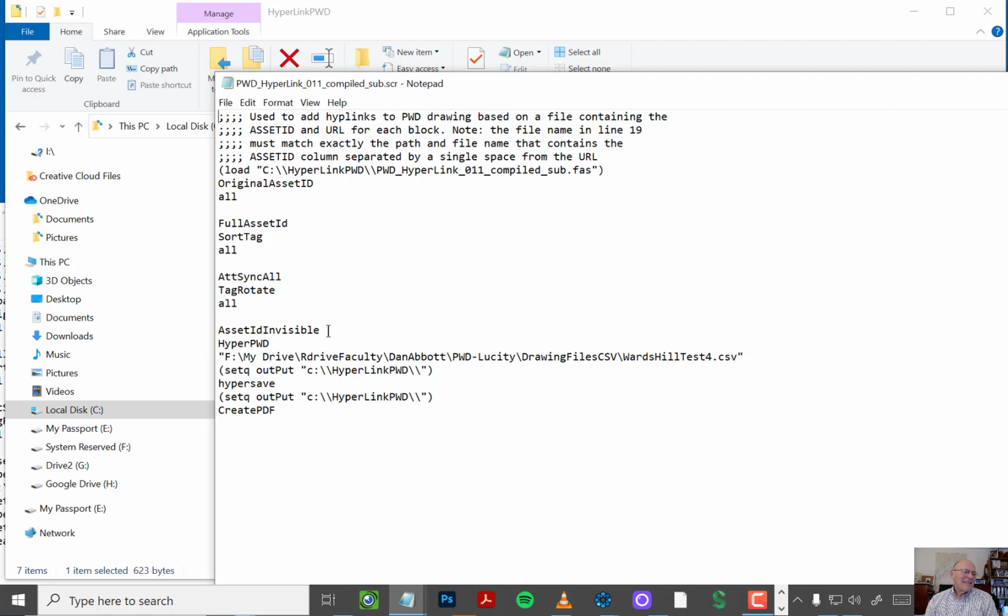And then asset ID invisible makes or changes the properties of the asset ID so that it is an invisible attribute and doesn't show all the time. And then it creates a hyperlink by running the command hyperlink pwd. Now the hyperlink pwd goes down and it uses this value right here, which is the value representing, and in case when I say value, I mean you go to